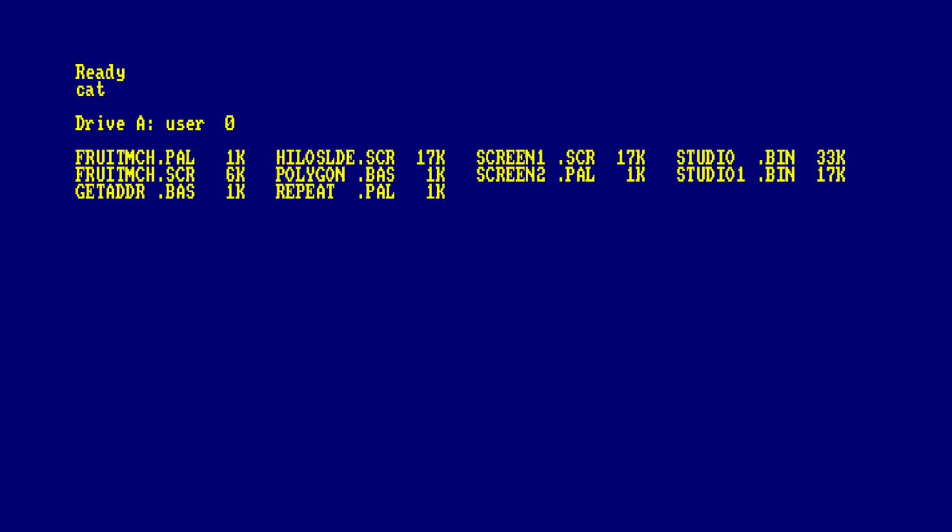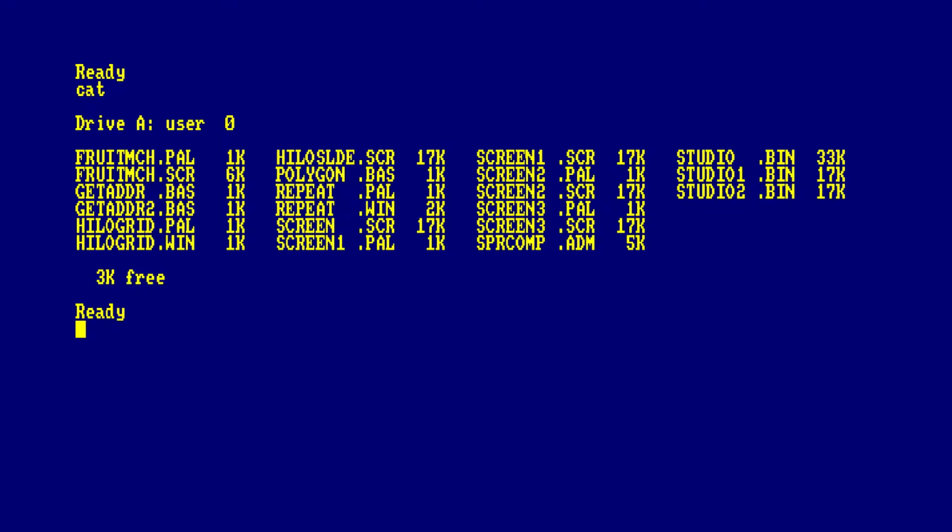disk better. But on the disk itself, there's some additional files. There's sprcomp.adm, which is the Adam assembler file for compiling the sprites into one big file. And then there's a little tool called getaddr.bas, and that's used for getting various absolute screen addresses. So if you added any additional graphics, or you've put or edited graphics into a different location than I've originally placed them, run the